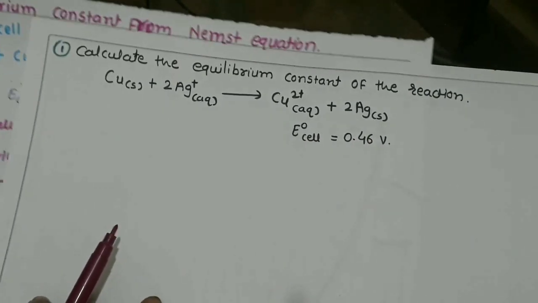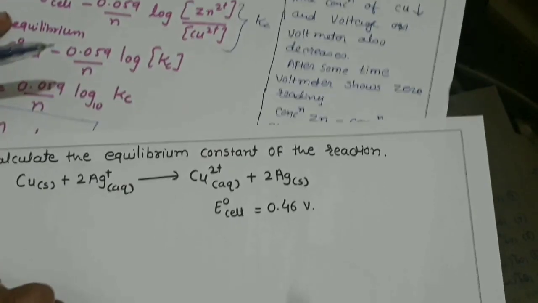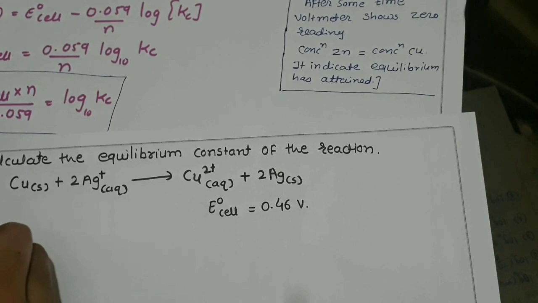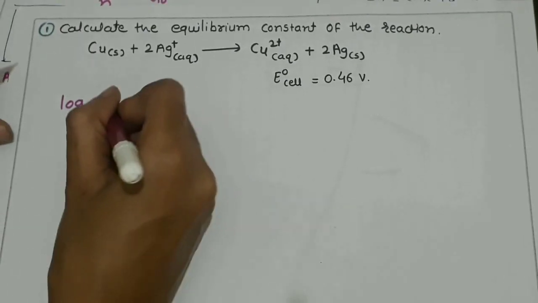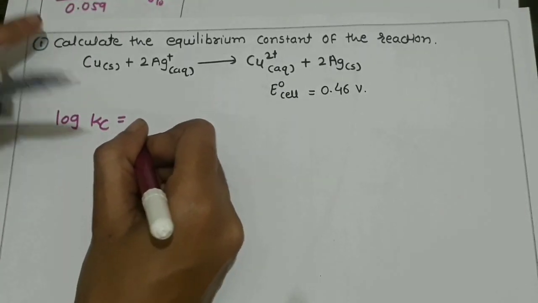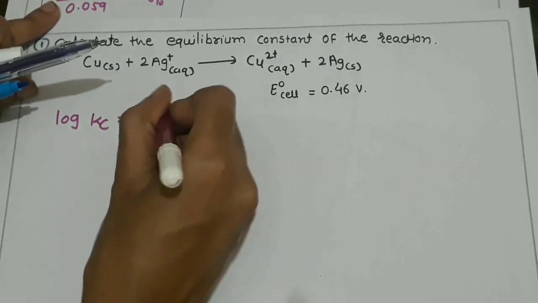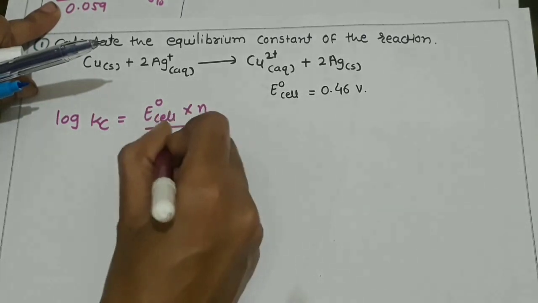Now what is our formula to find the equilibrium constant? Log of Kc is equal to E naught of cell into n upon